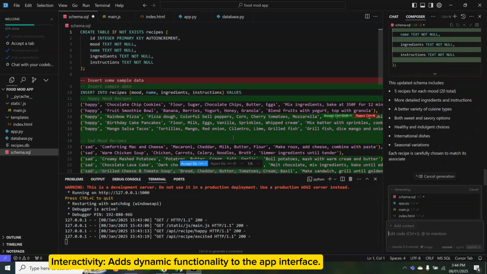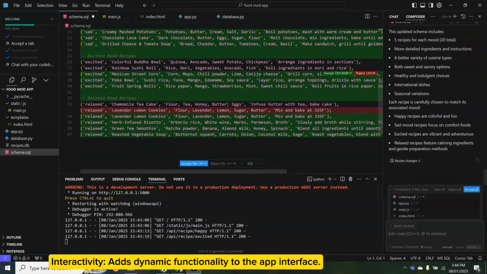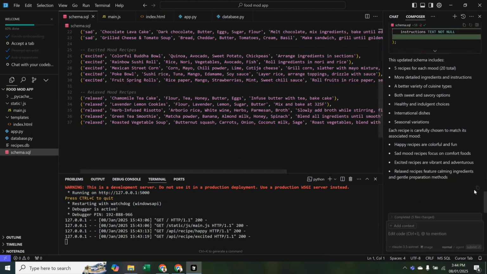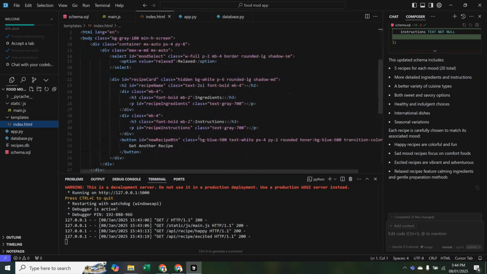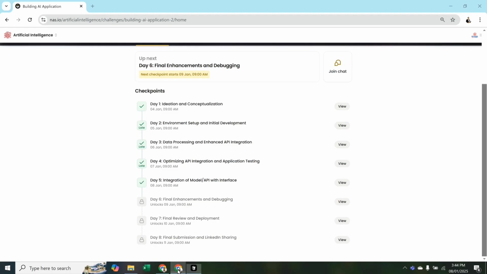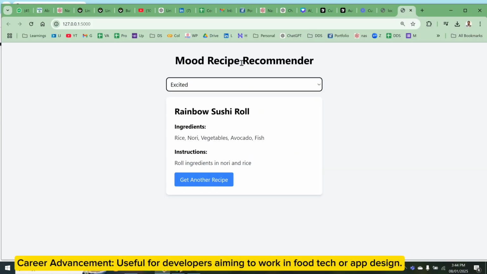Once this is done, you can see a lot of new things have been added. You can see the difference. You just accept everything. Then going to your HTML index.html file, now this website is here. If you want to make this mood recipe generator more beautiful, you want to make it better, you want